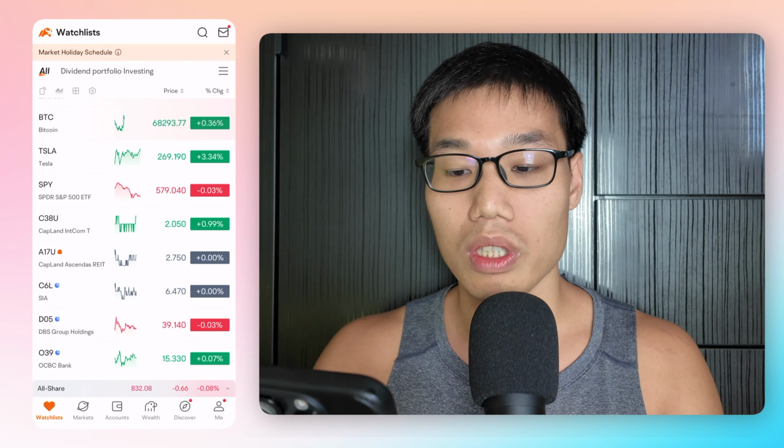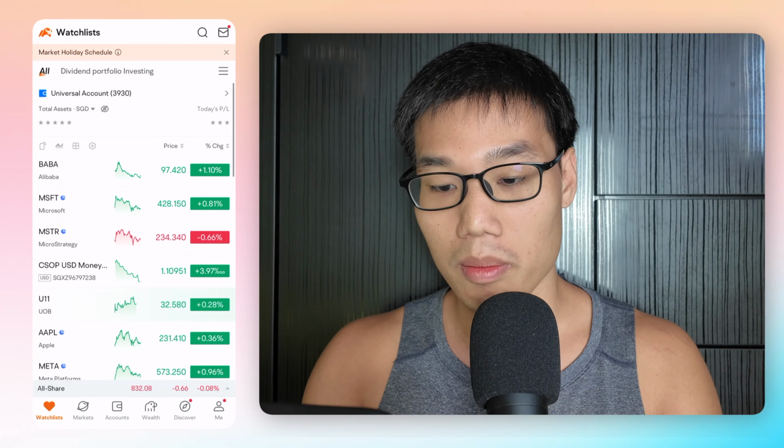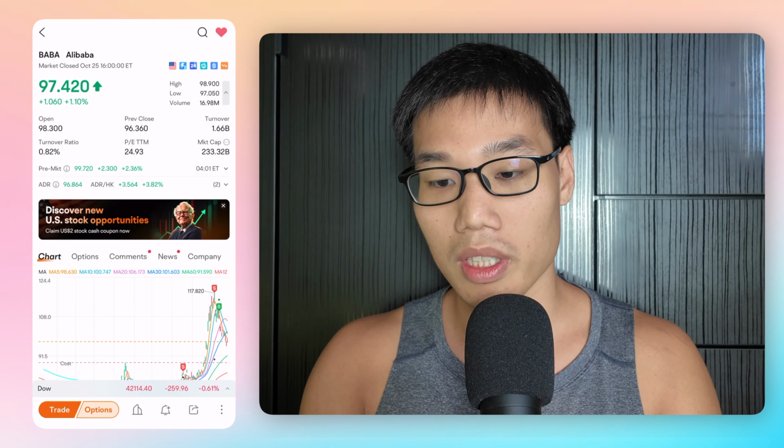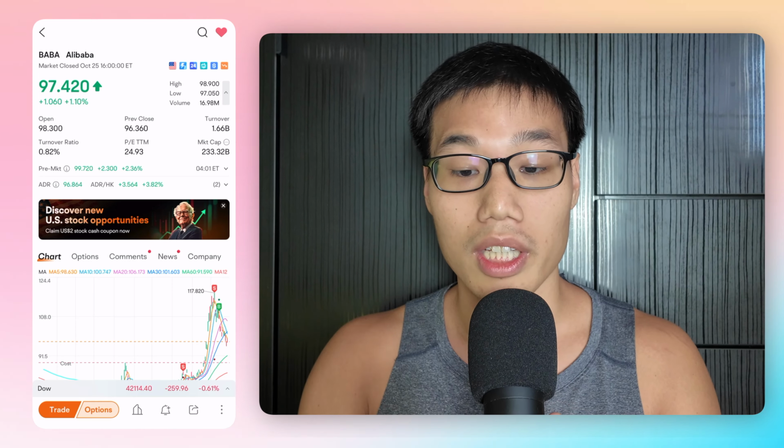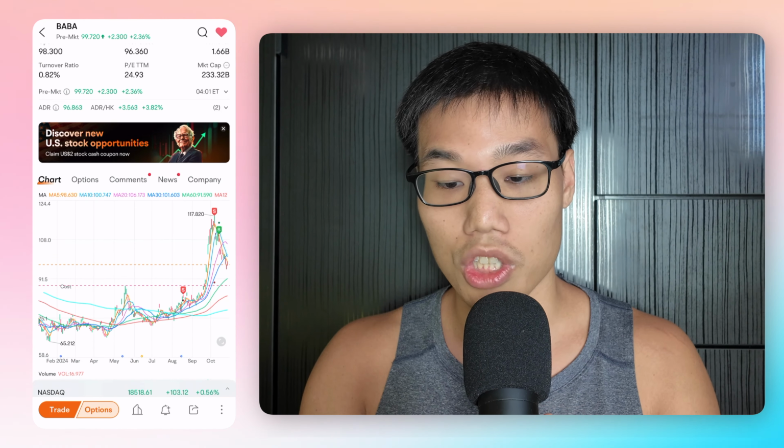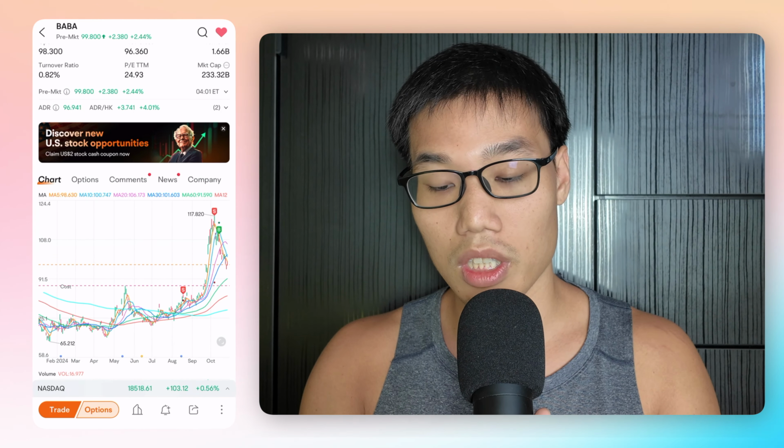So the first thing you want to do is go back into your Moomoo Singapore app, and you're going to press on Alibaba, and this will bring you to the Alibaba share again. You're going to see the price, and you're going to see the charts as well. So you're going to see over here where there's the chart,